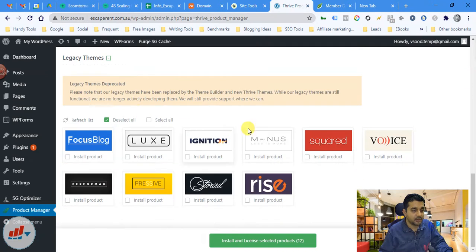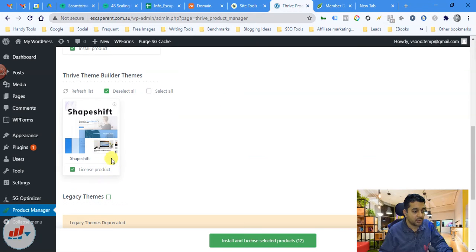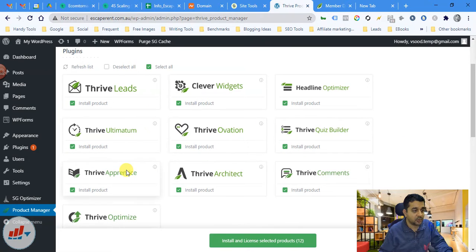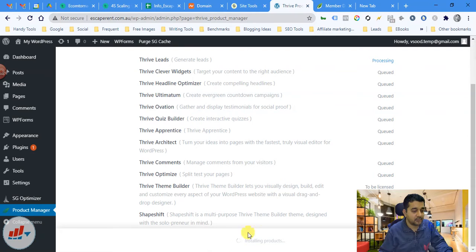While our legacy themes are still functional, we are no longer actively developing them. So we can try their Theme Builder. Here we have selected all the different plugins and we can now install all these plugins.